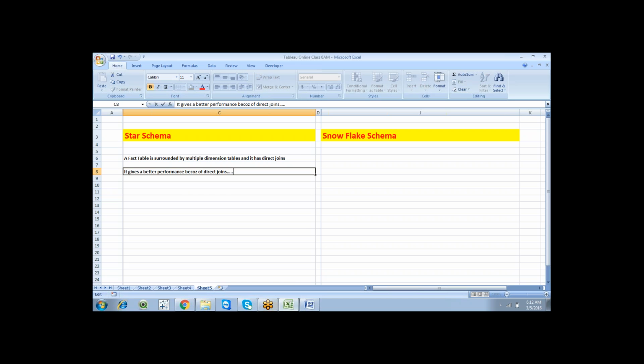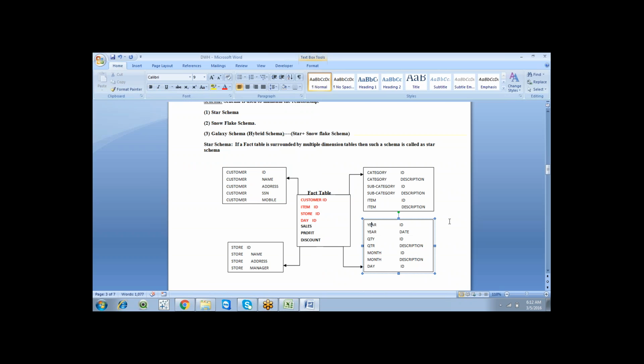And so just go through this document. So we have item ID from this particular table. So we have established a relationship between item ID and here item ID, and we have a day ID here, and this is one particular table, right?